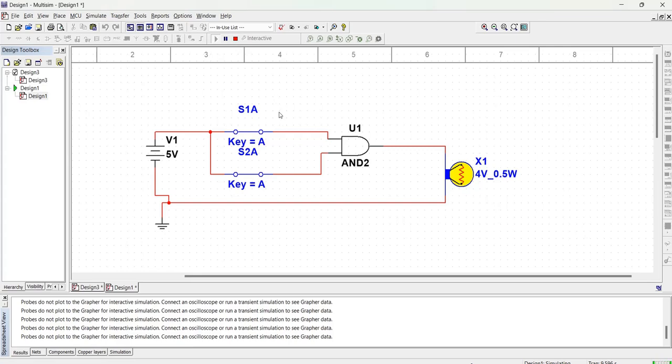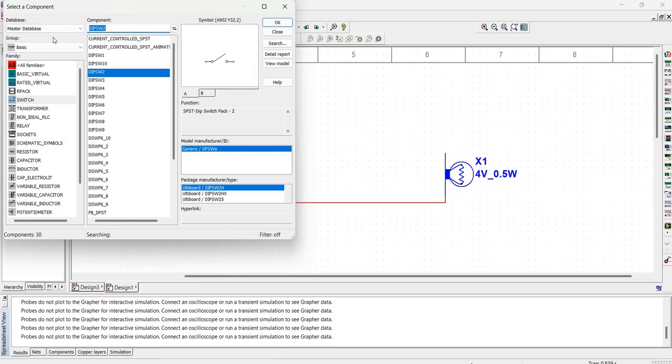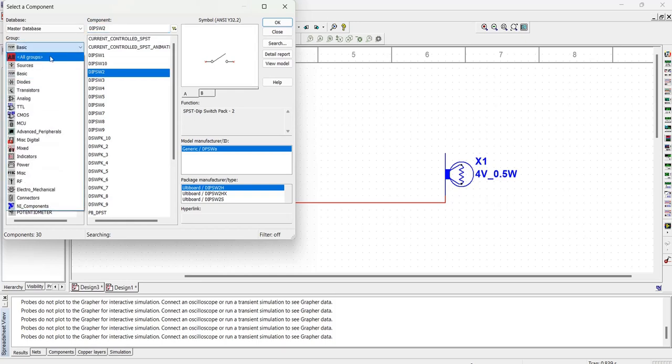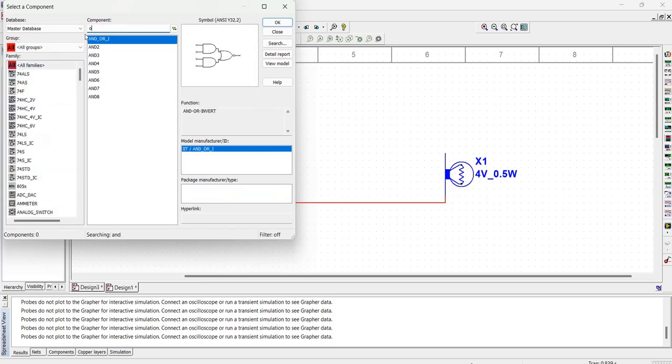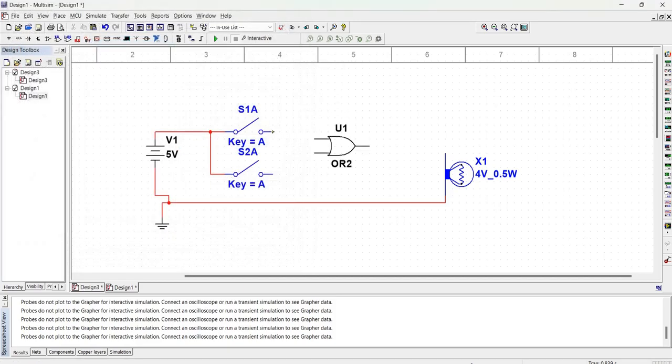So let's go and test now the operation of the OR gate. So I'll first run this circuit so that this bulb goes off, then I open this, and then I go and look for the OR gate. So let me go to OR groups, then type in OR gate. Let's take the OR gate that accepts two inputs. We connect our inputs to the OR gate and then the output to the indicator, which is our